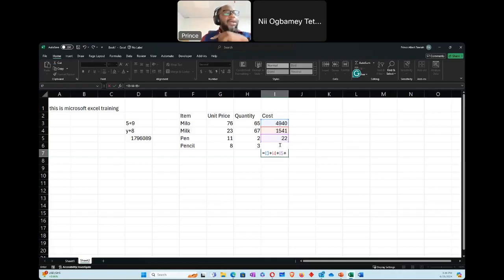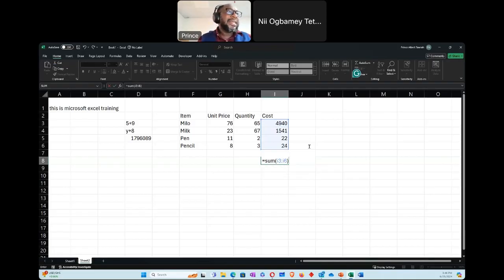So obviously the other one will be I6. Now once I press enter, I get my computation. Instead of doing the plus, I could have equally said this equals, and what is the function for plus? Sum. So I'll say sum, I'll open the brackets, then I'll say sum from I3 to I6, and I'll close it.